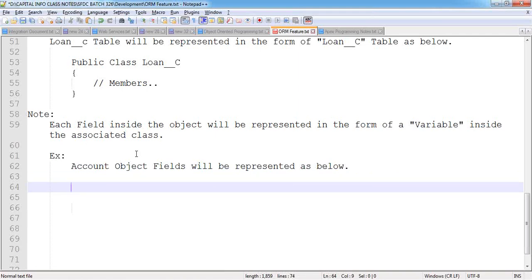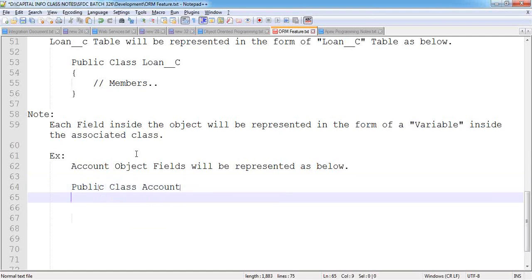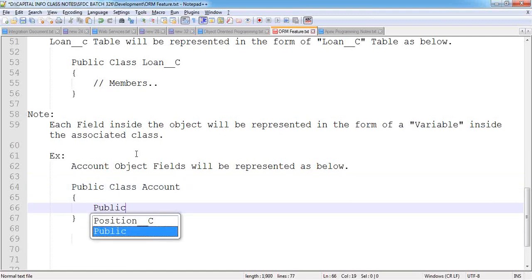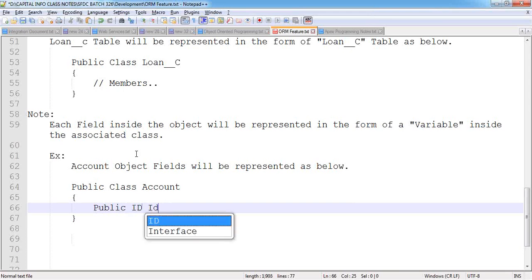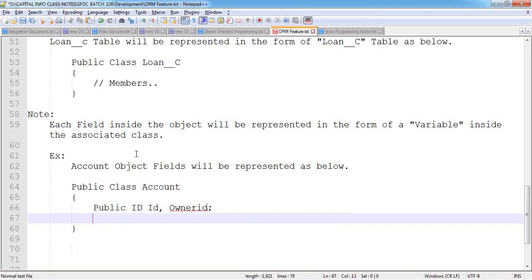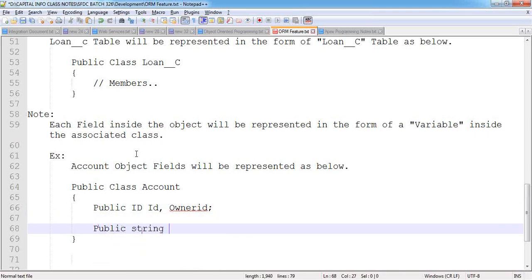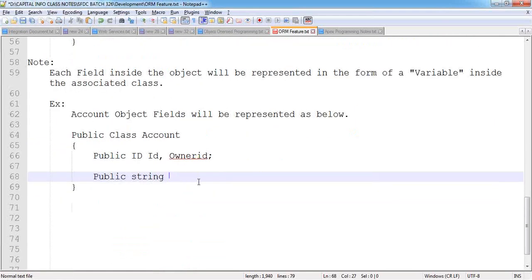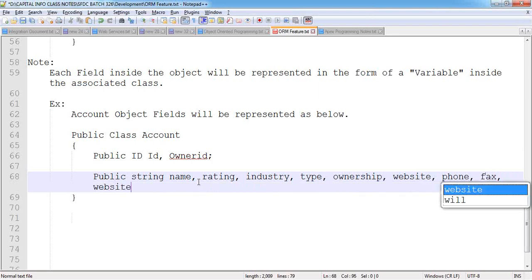Public class Account: public ID field, owner ID field, public string name field, rating, industry, type, ownership, website, phone, fax, and then we have the website field, and the billing street, billing city, billing state, billing postal code, billing country,